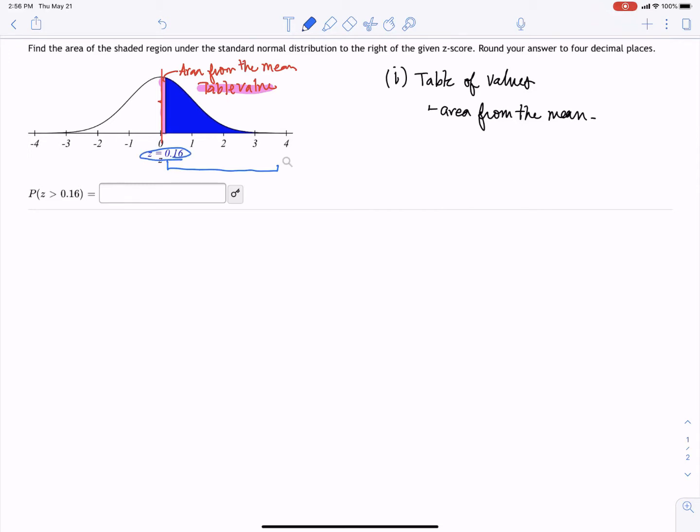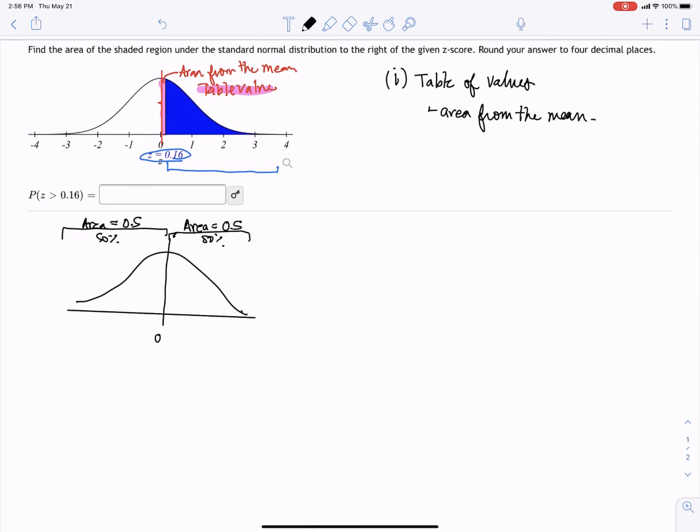But we do know something about the upper half of the normal curve, right? So let me go ahead and draw it down here. I think it might be better. And then we can see that here's the mean where it's 0. And then we do know this upper half has an area of a half, or 50%. And the lower half also has an area of a half, or 50%, because the whole area under the curve